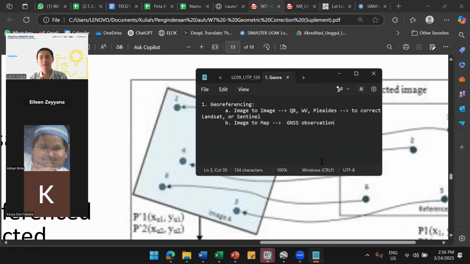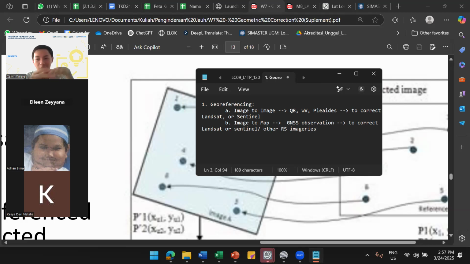We tell the image that this pixel has coordinates X and Y. So we use GNSS observations to correct Landsat or Sentinel or other remote sensing images. Those two are the methods to correct the geometry of an image. The first one uses another image that has higher accuracy. The second uses real world, ground truth observations.